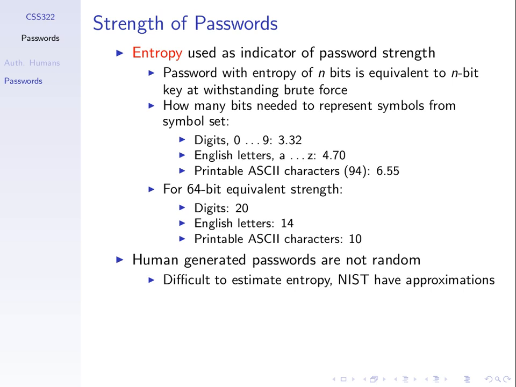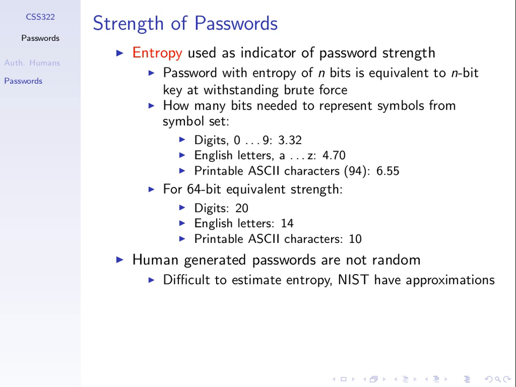What's the entropy of one digit? If you get to choose just one digit between 0 and 9, the entropy of one digit is 3.32. That is, you need 3.32 bits to represent that one digit. If you get to choose two digits, what's the entropy? You need 6.64 bits to represent that. So to get an entropy of 64, 64 divided by 3.32 is about 20. 20 digits, a password which must be 20 digits in length,